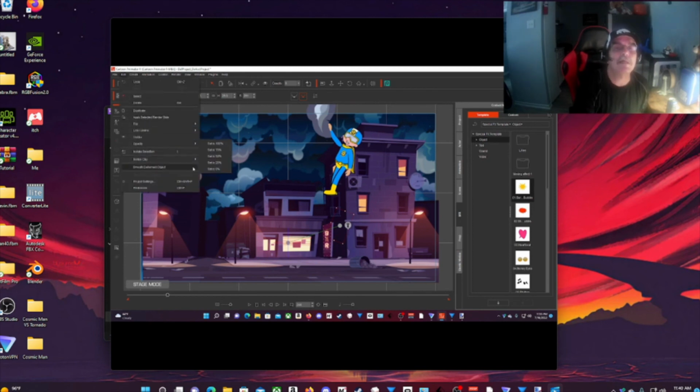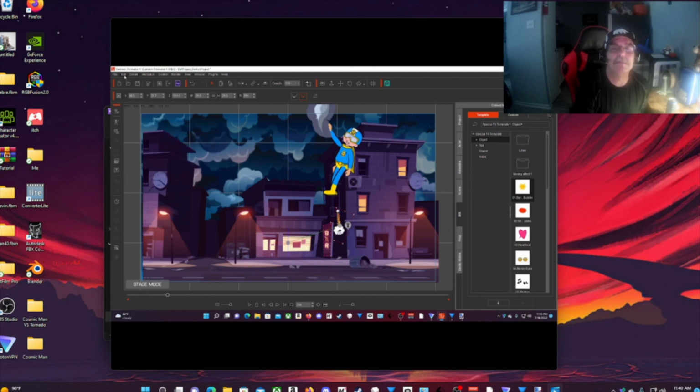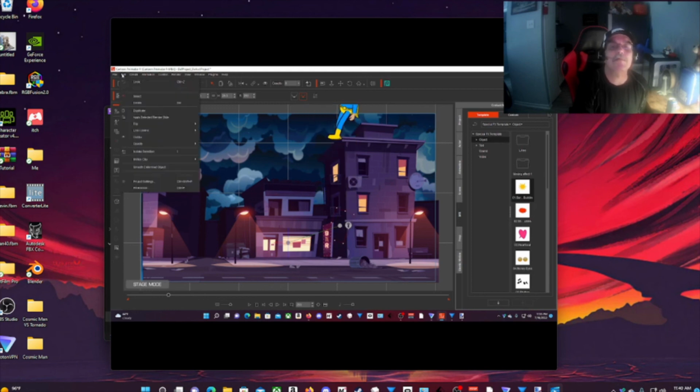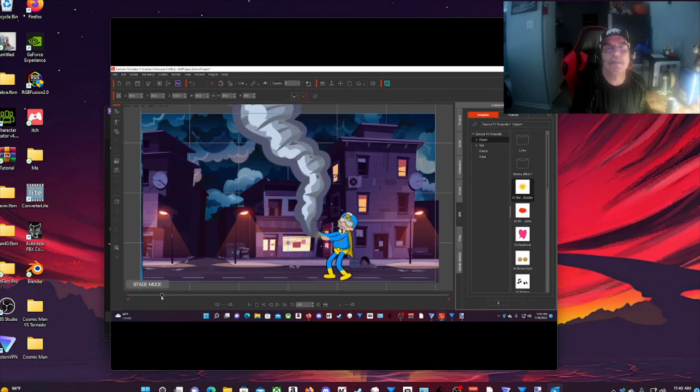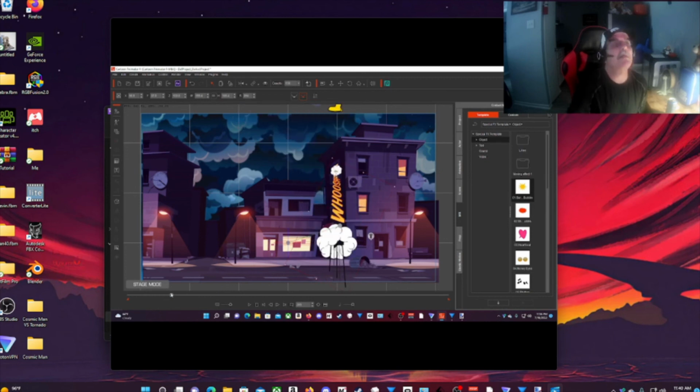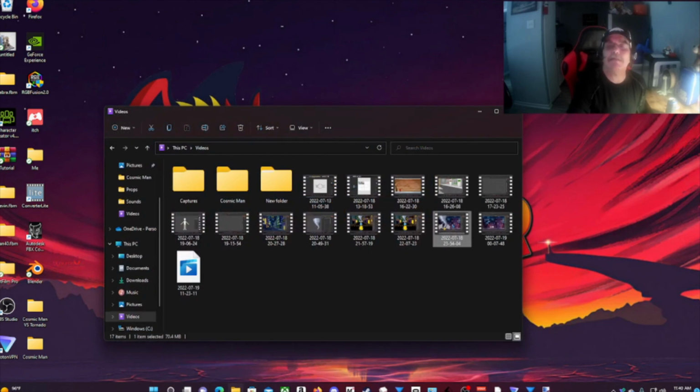So right at that point, I'll set the opacity to 100. And then I'll go back to 0. And then when I get to another point, I'll set the opacity back to 100. And then I'll scale it up. And that's pretty much it on that.